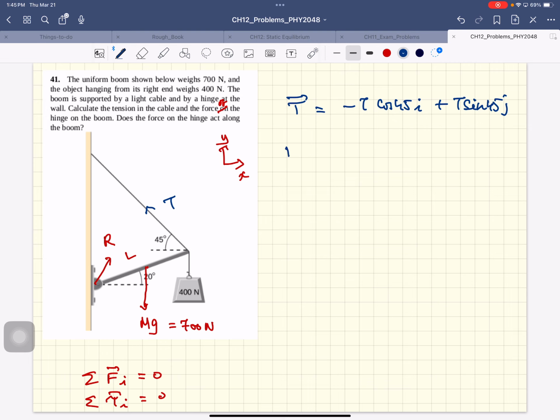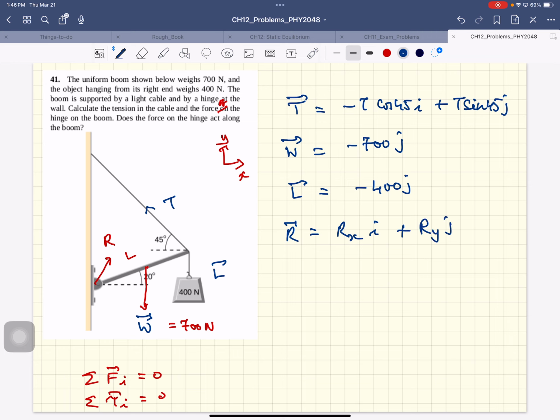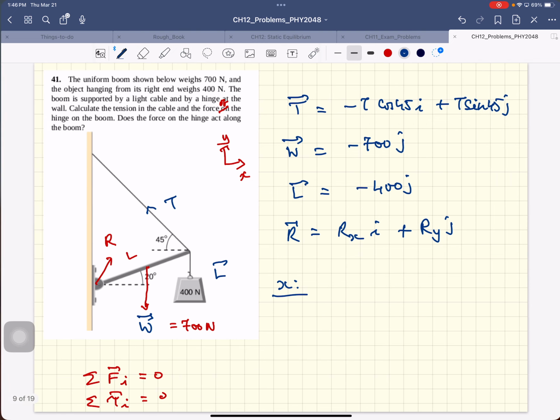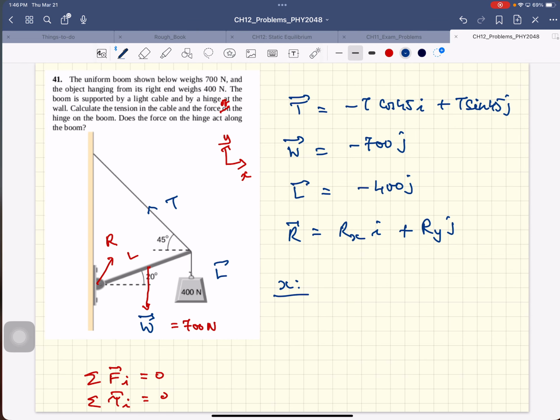The weight of the boom is minus 700 j. This load is minus 400 j. R is Rx i plus Ry j. We don't know the x and y components, and we'll calculate that. So let's add up all the x components of the forces. The x component is minus